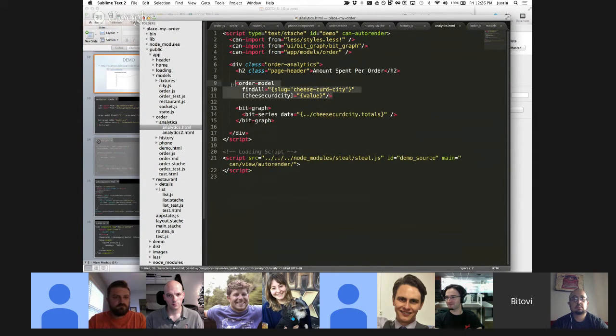I think it's my hope that these kind of model layer tags combined with these composable